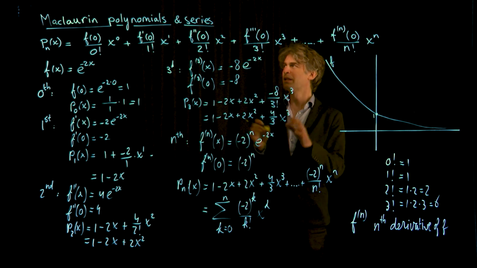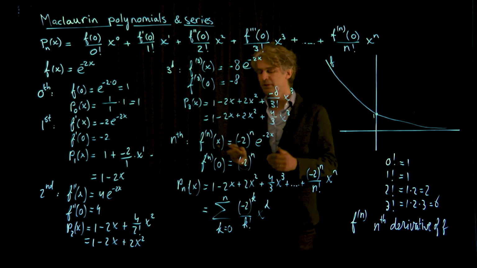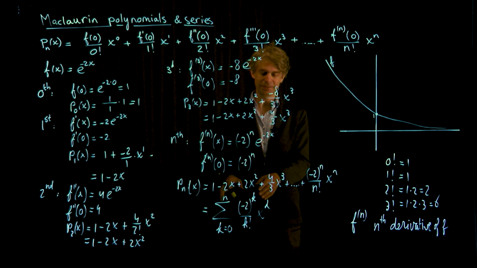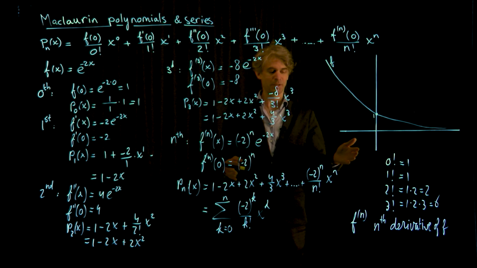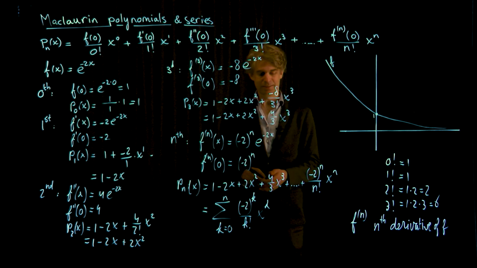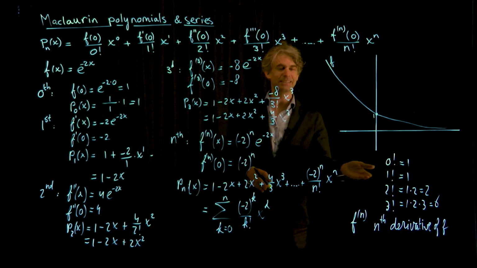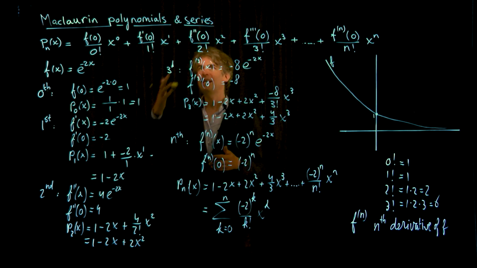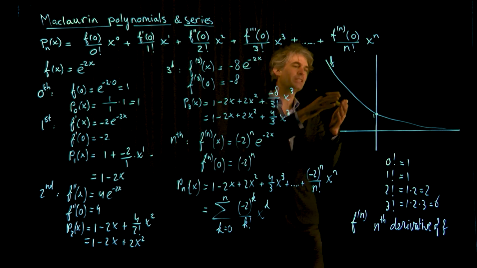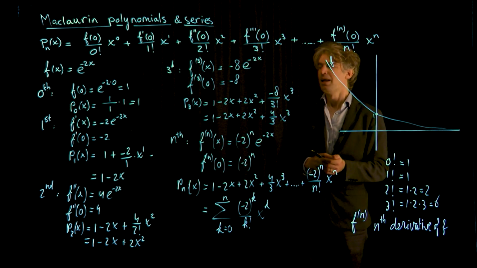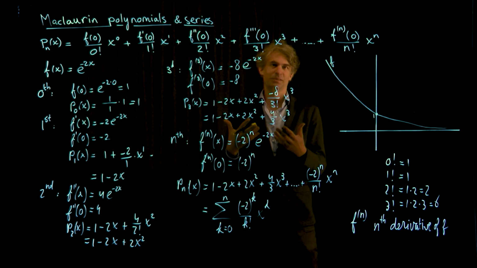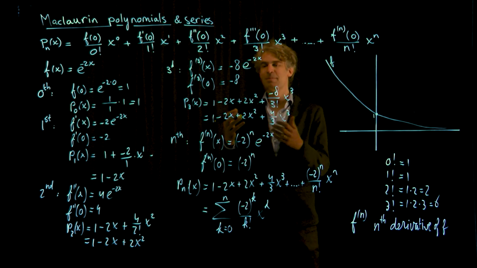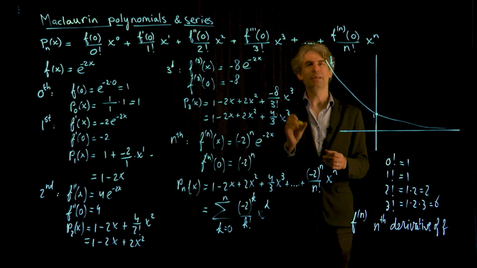So this is the Maclaurin polynomial. And the series is what you get if in this situation you think of running n to infinity. And so basically you put the dots behind this and you imagine what follows. And each time, of course, that you add an extra term, your approximation of the function gets better. And you can imagine that in the limit of these infinitely many terms, your approximation would be perfect.